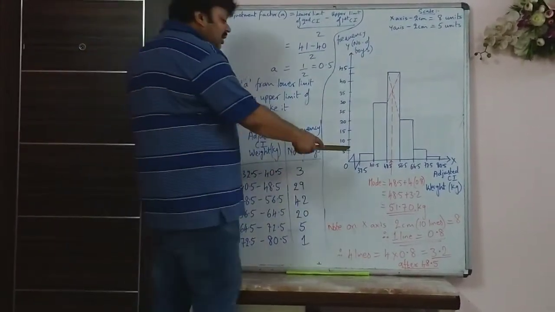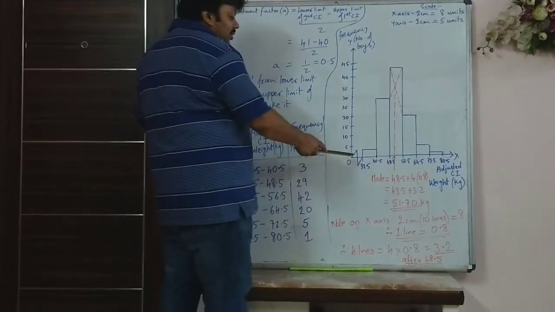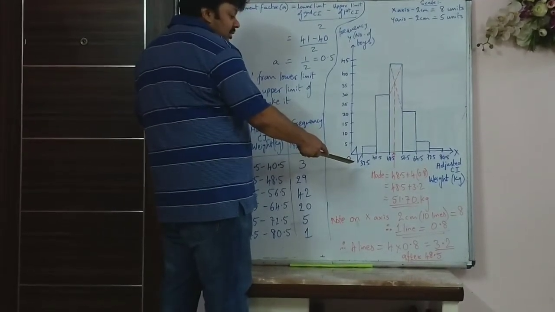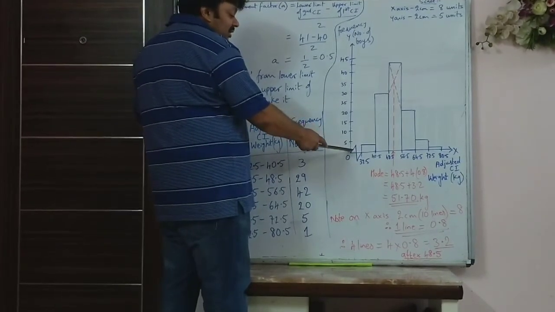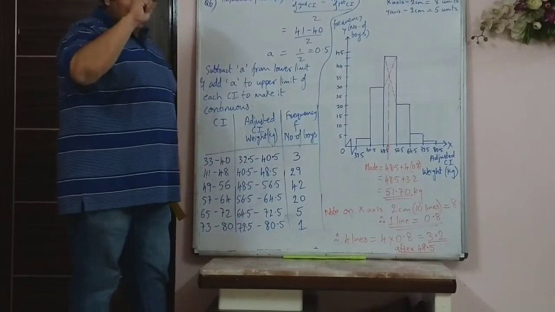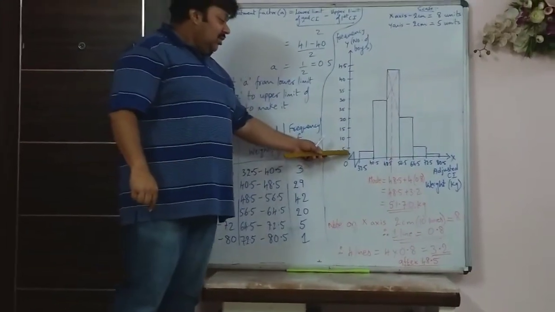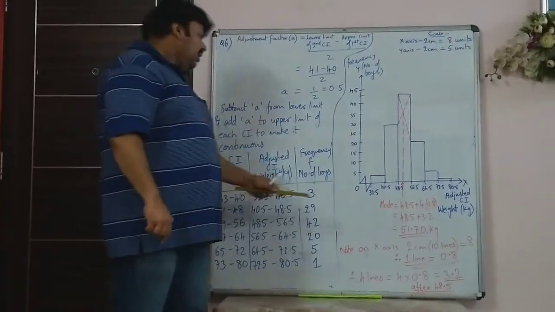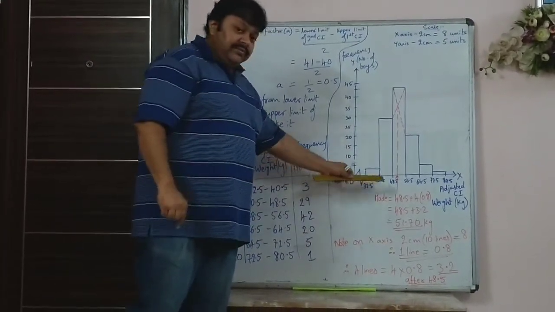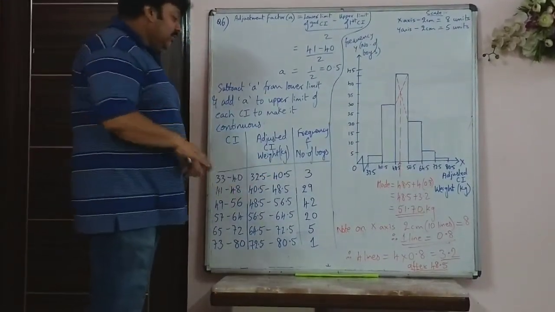Then once you draw the graph, 32 to 40, frequency 3. Now where will be 3? Between 0 and 5 there are 10 small lines in 2 centimeter. So each line is how much? 10 lines is 5, so each small line will be 0.5, then 1, then 1.5, 2, 2.5, and you will show where 3. 3 will be 6 small lines above the base. So 6 small lines above the base means 6 into 0.5, that is 3.